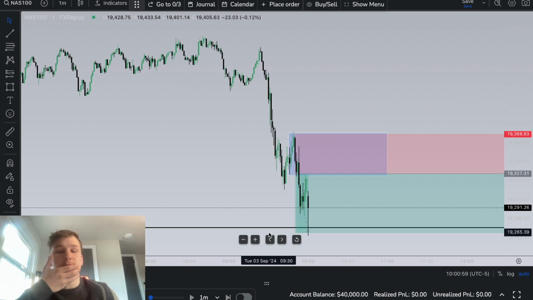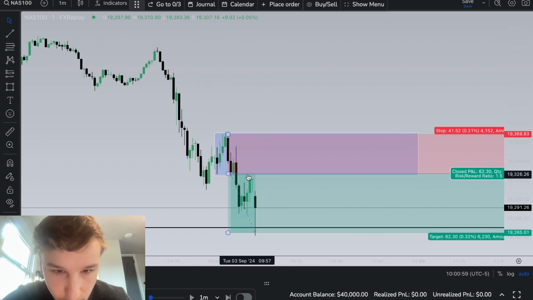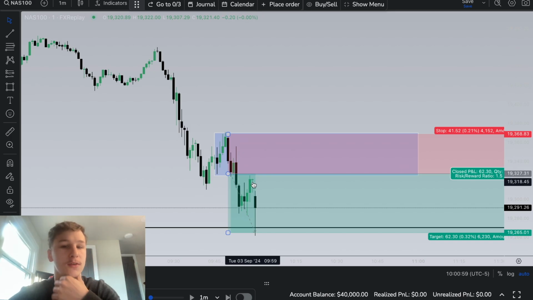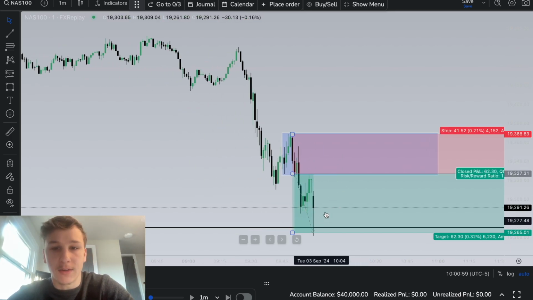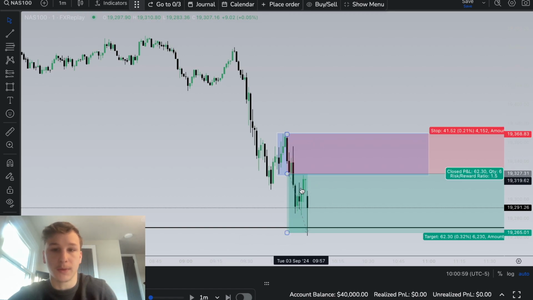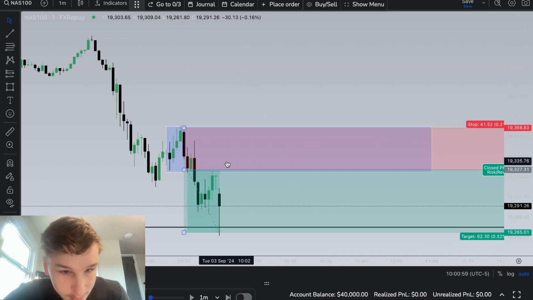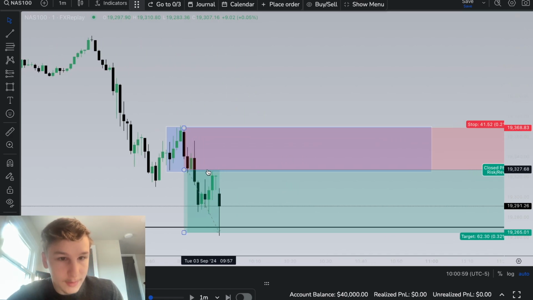All right, and as you can see here, that obviously would have been tagged, except in this case we wouldn't have been filled right here. Just put it slightly above. So I guess that's the only downside to FX Replay, but it just goes so fast. But anyway, it ultimately does tap up into that up candle, utilizes that immediately, and it does offer a 1